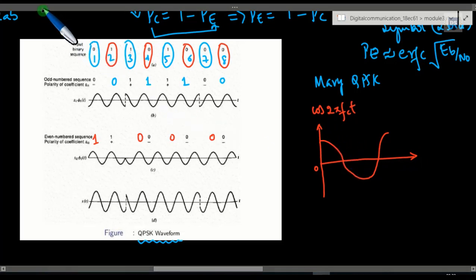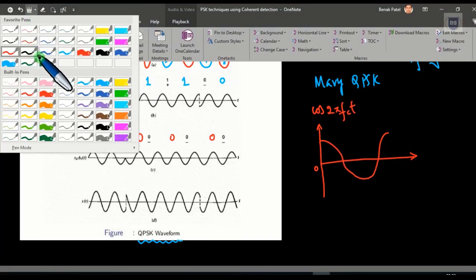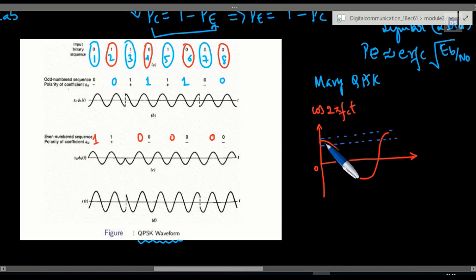So here let me write some imaginary lines. I'll draw one more line down below this maximum value, that which is somewhat above the half amplitude value of positive cycle. In a similar way, I'll draw two more horizontal lines, dotted lines over here.